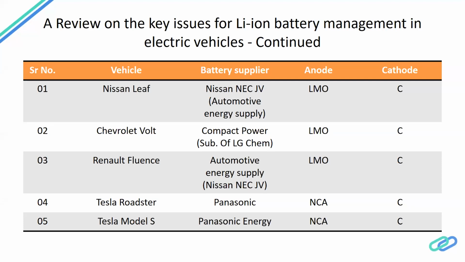One of the big names that comes is Tesla Roadster and Tesla Model S. Why, you might ask, are they not using LMO and they are using NCA? That's a different talk. Tesla developed their own CFD team, they worked on it, and they found that NCA is much better than LMO and gives much higher power as compared to LMO. And they used cylindrical cells for the first time in a car.